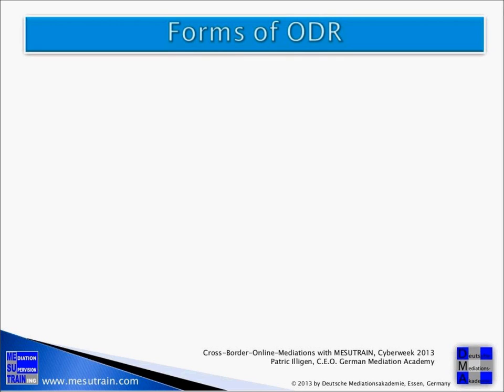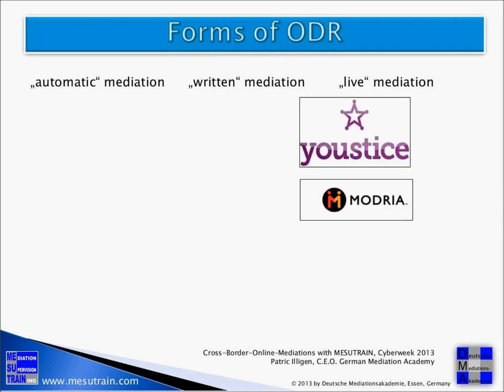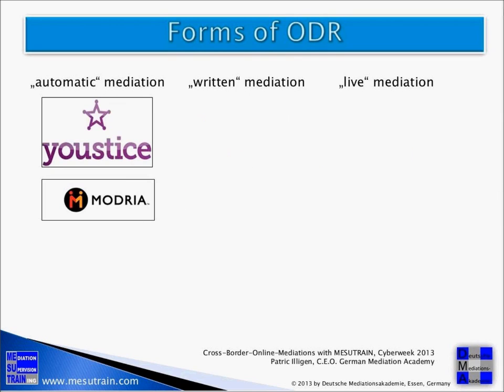Okay, so let's continue with some forms of online mediation. I divide between, let's say, 3 forms of mediation. We're going to find the so-called automatic mediation or automatic ODR, written ODR, and live ODR or mediation. So in the automatic mediation, we find systems like Justice or Modria,